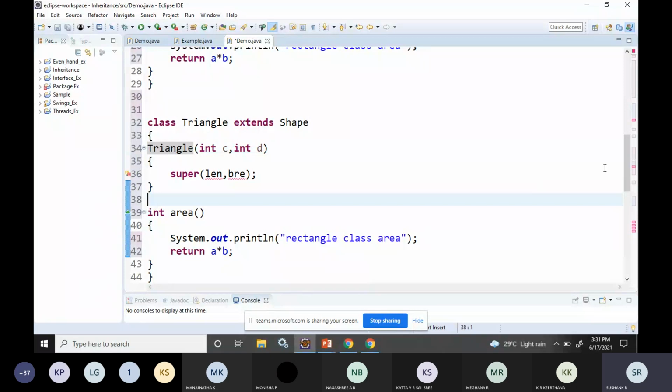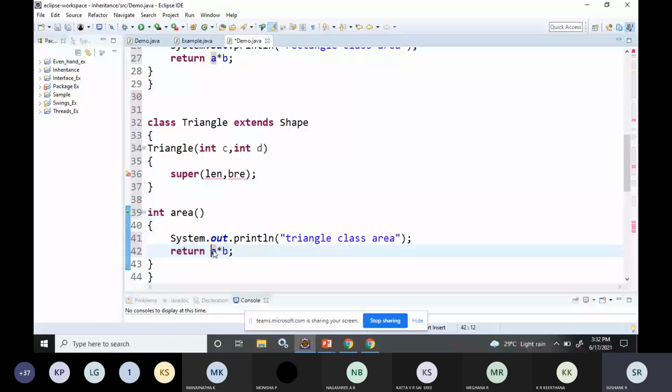Then what else? Here I'll write the triangle class area. Here I'll call it as 0.5, half into base into height. So half into base into height, we will get the float value.